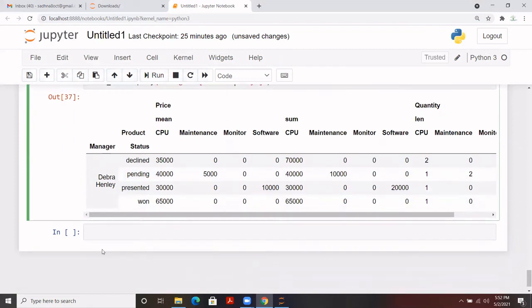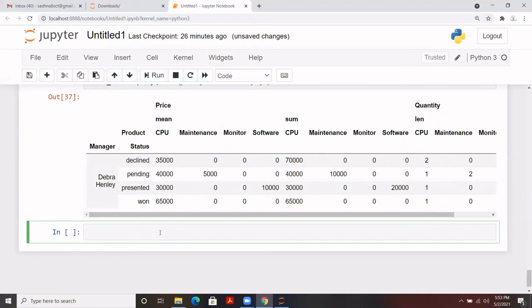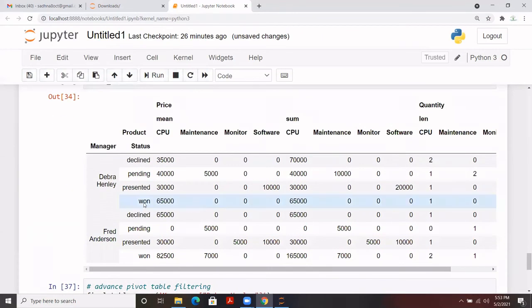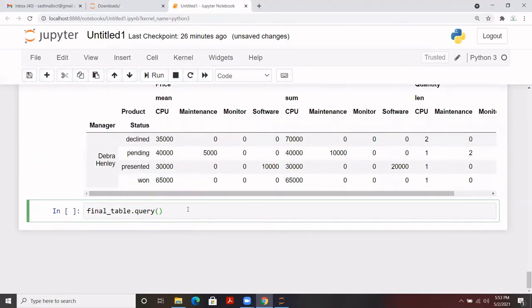Let's try for the specific status. Let's say I want to check for, let me give it final underscore table, and I'm going to apply the query. And what exactly the query is, I need a status. Let's say the pending status only I require to check.